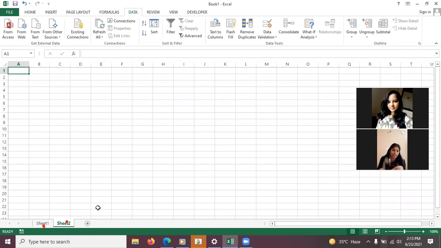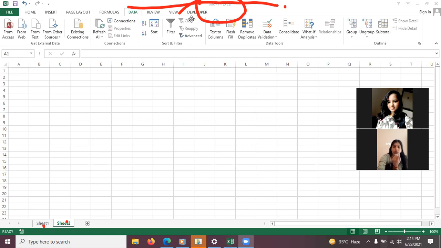Next, page 46, screen elements. So what are screen elements? The elements which are shown on the screen. You can see so many kinds of elements here. So let's discuss all the elements shown. The first one is the title bar. As you can see on the very top of the screen where Book1 is written. So this first is your title bar, which shows the title of your book.